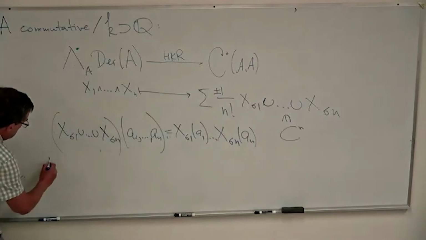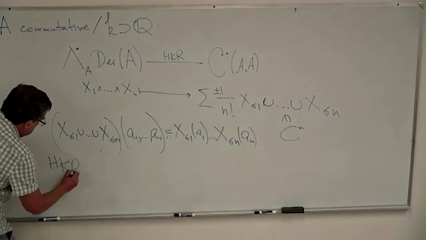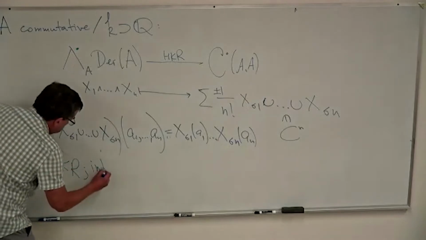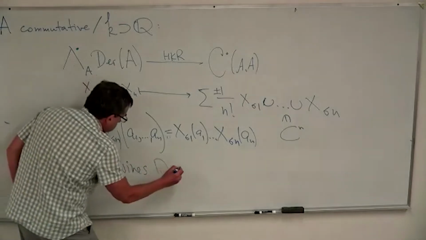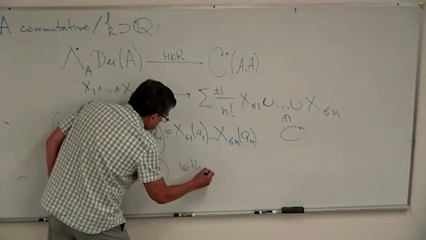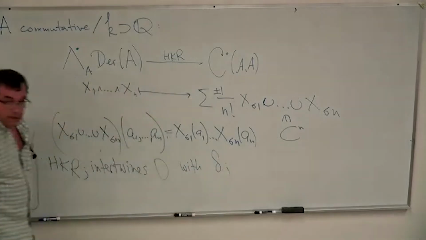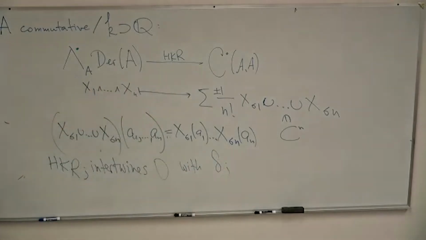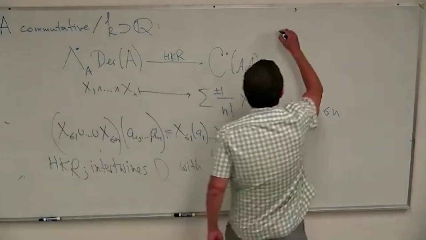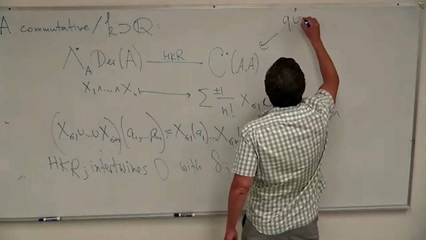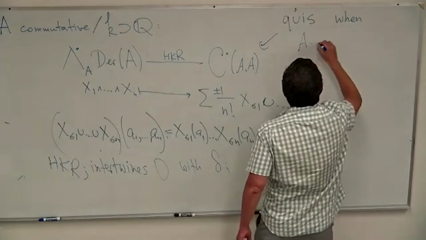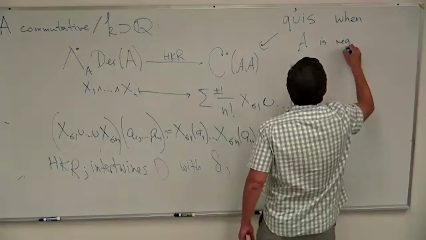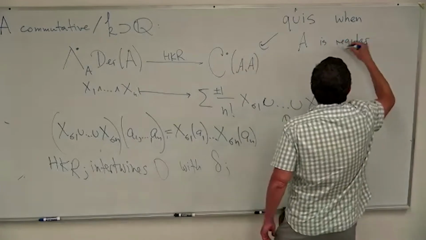And again, it intertwines 0 with delta and is a quasi-isomorphism when A is regular,